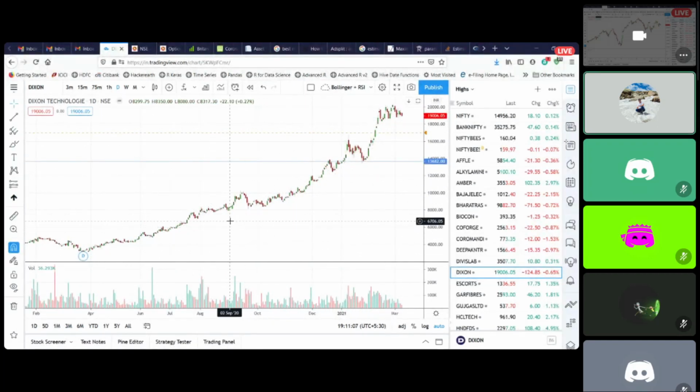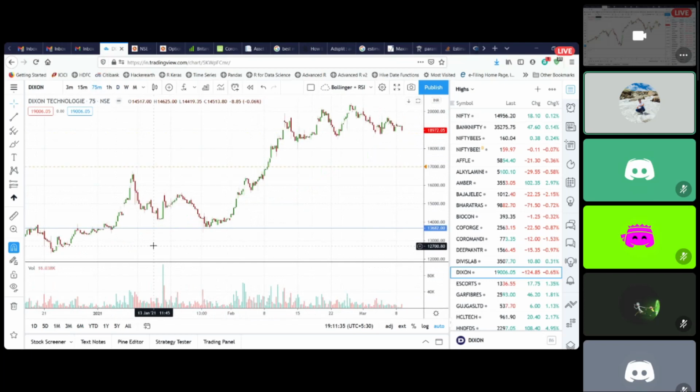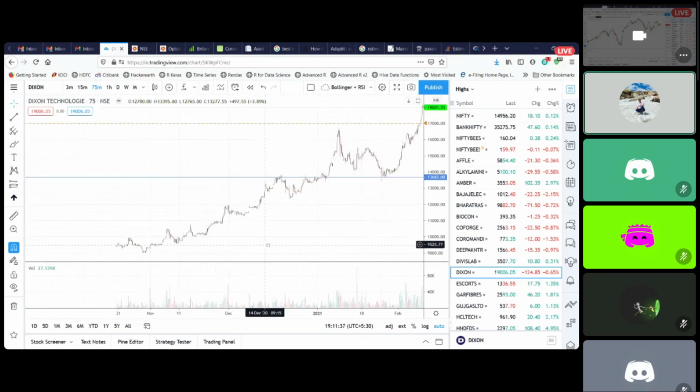And the objective here is to continuously see where the swing lows are forming. You always look out for the swing lows and swing highs, and then start taking positions at the swing lows. So swing lows become your supports, and the swing highs become your resistance zones. So buy at the supports, sell at the resistance zones. Now, this is the daily time frame. We will go to the 75-minute time frame and see how things are happening.